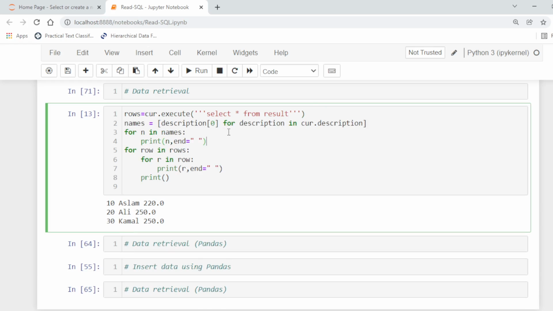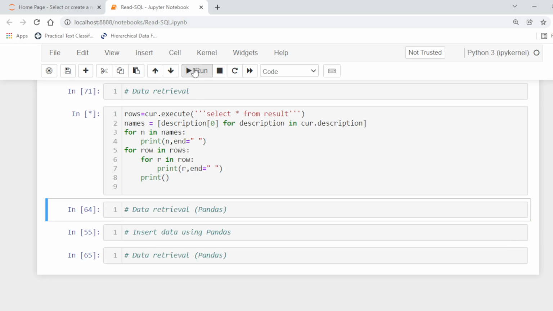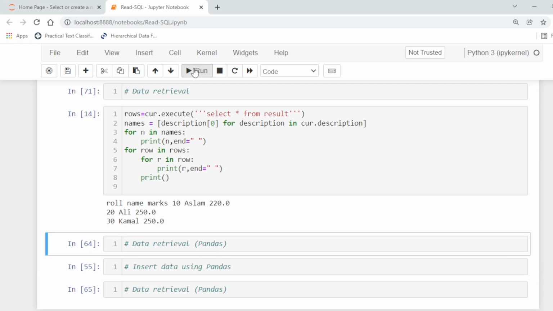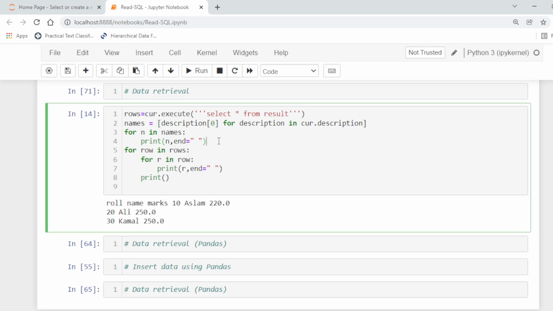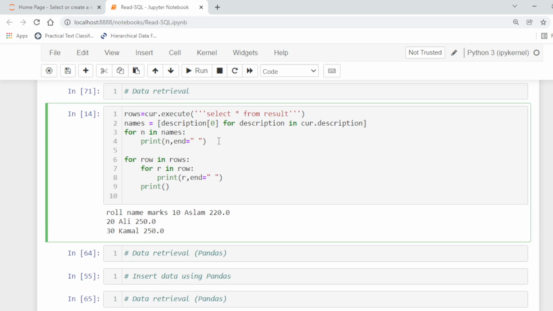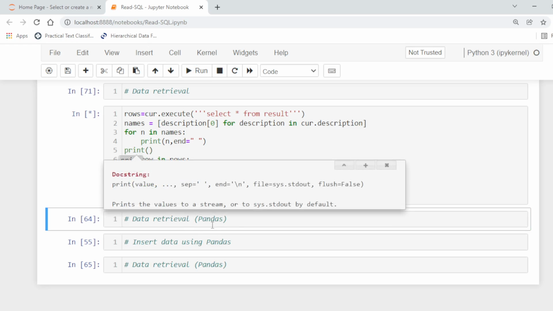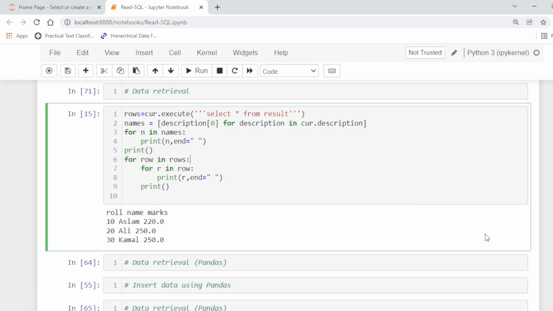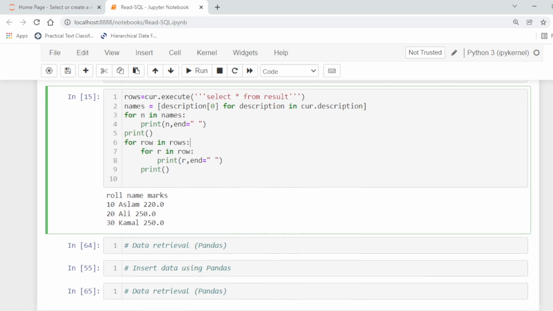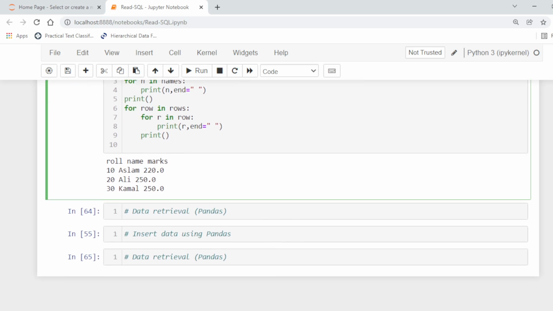For description in cursor dot description, and then we can print their names, column names, roll number, and so on. If we put print here, for example, now it will be displayed in the right way. Okay. So in this way we can use the different SQL statements for communication with the database management system.